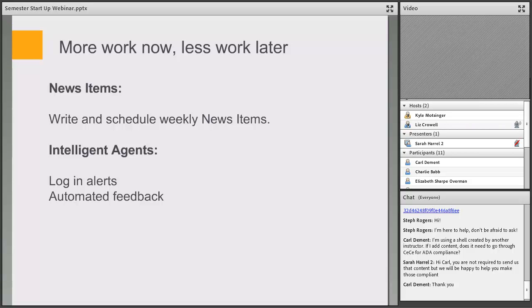Additionally, the more things that you can set up in advance, it might mean more work now, but it's less work later. And so there are things that you can do, like you can write and schedule news announcements as well as intelligent agents that will automate messages, and they get sent from you if a student hasn't logged in. The news items automatically populate since they are scheduled. And so this takes the work off of you of having to look at user progress, see who hasn't signed in,